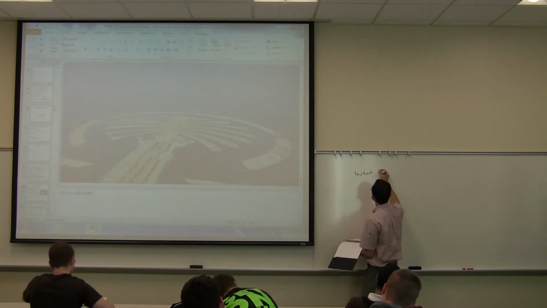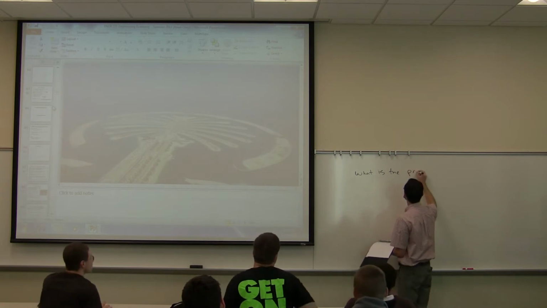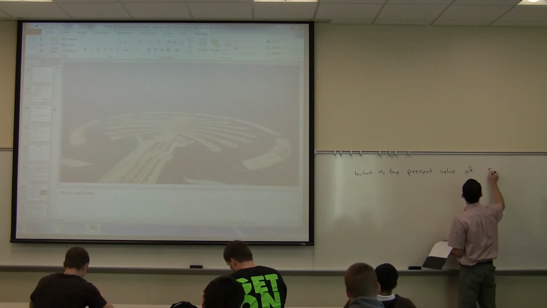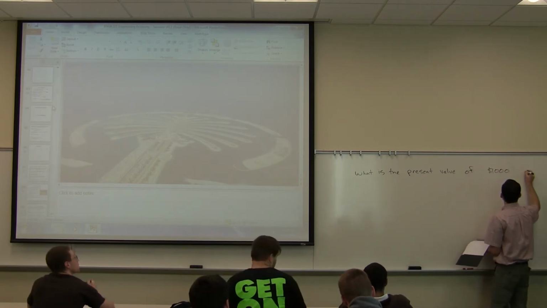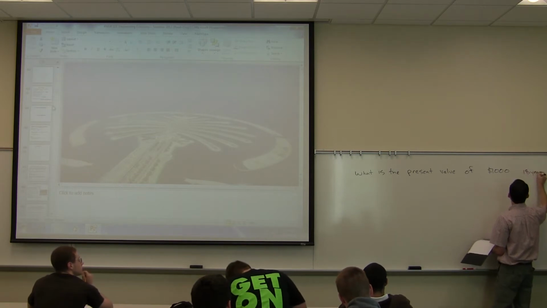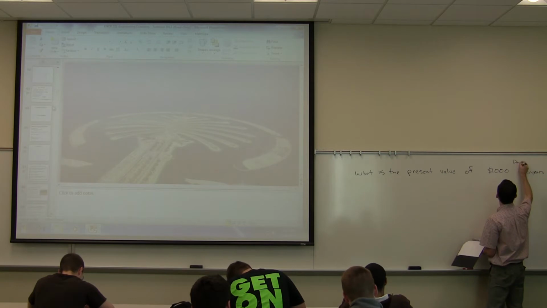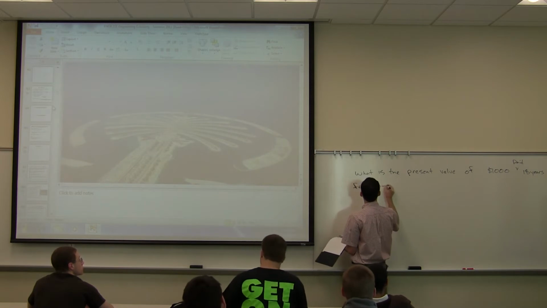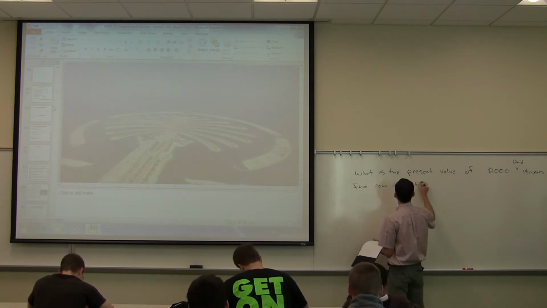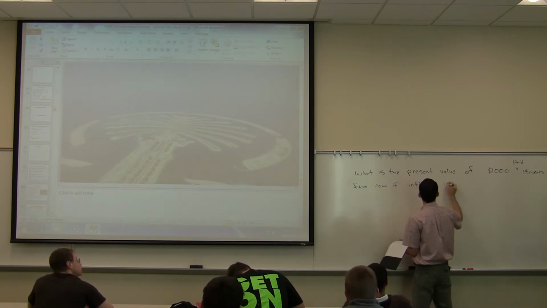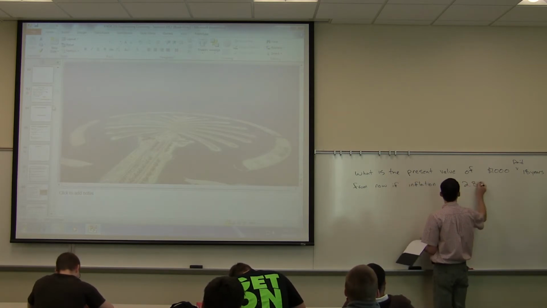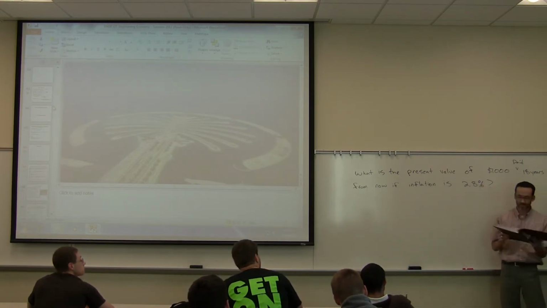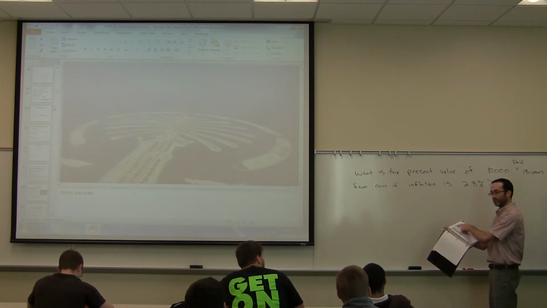What is the present value of $1,000 18 years from now, if inflation is 2.8%? Okay, so calculate the, just using the equations here, not the table method, but flip to the first page